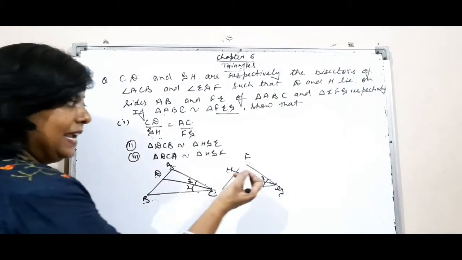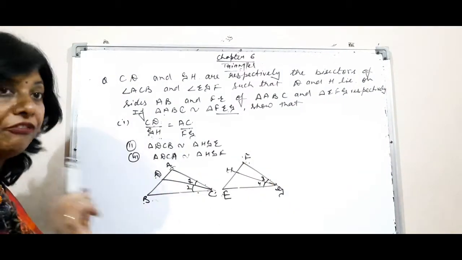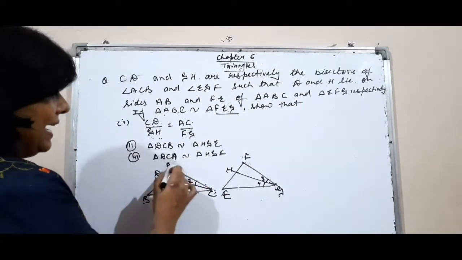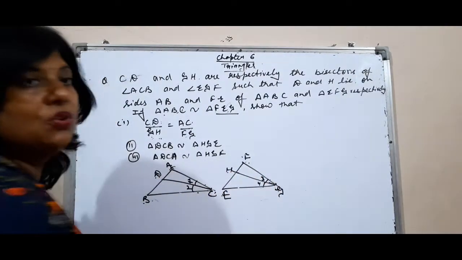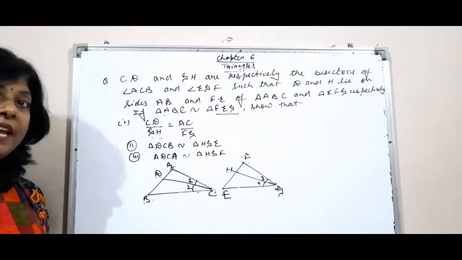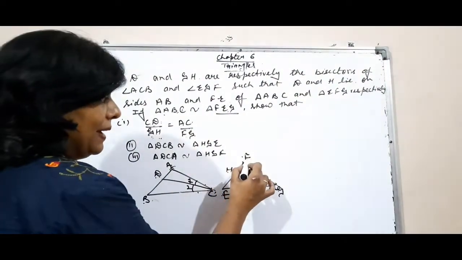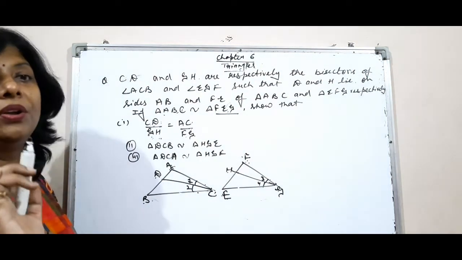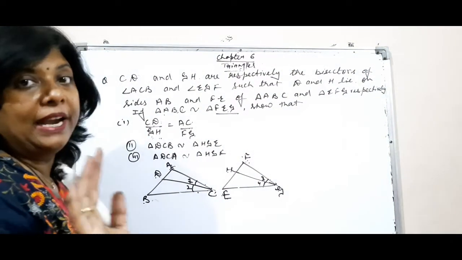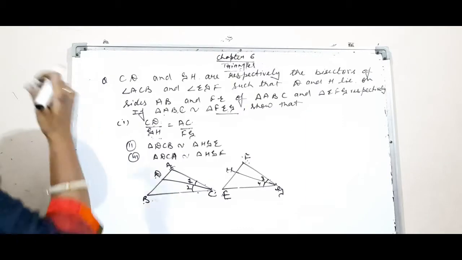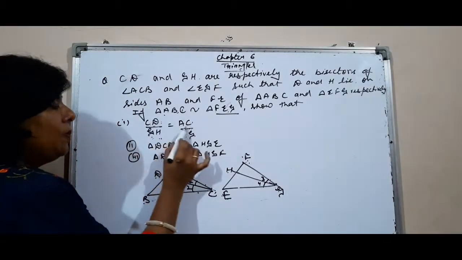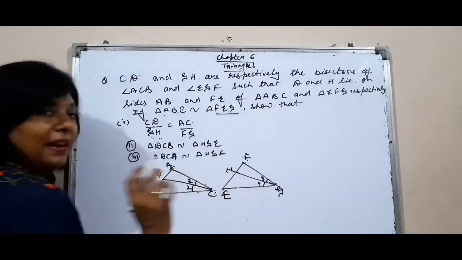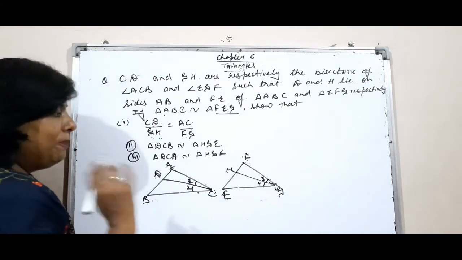Wherever you have taken A, there also you have to take F. Where you have taken B, there you have to take E. And like this, where you have taken C, you have to at the same position take G. अगर आपने यहाँ E ले लिया, यहाँ F ले लिया, your question will be wrong. You are not able to prove it. Clear? अब देखो, यहाँ से ऊपर से देखो ACD और FGH आपको सिमिलर प्रूव करने हैं। कैसे प्रूव करेंगे आप?